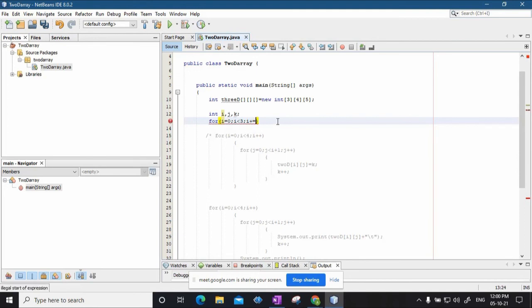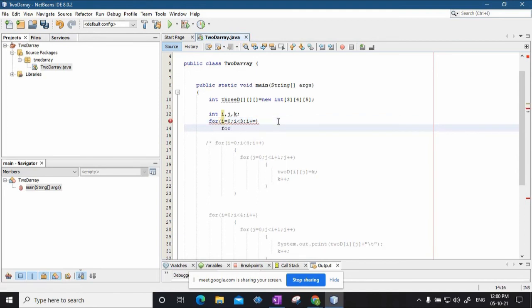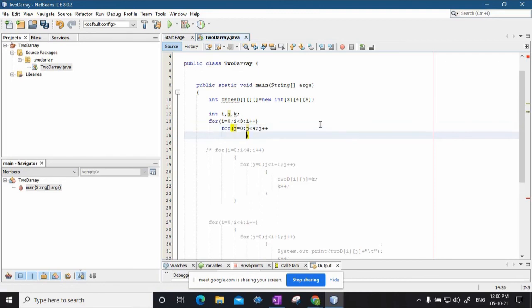Then I write for j equal to 0, j less than 4, second parameter here, j plus plus, and then I write for k equal to 0, k less than 5, k plus plus.